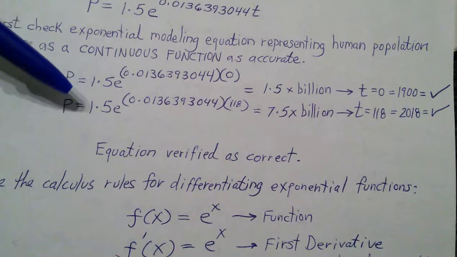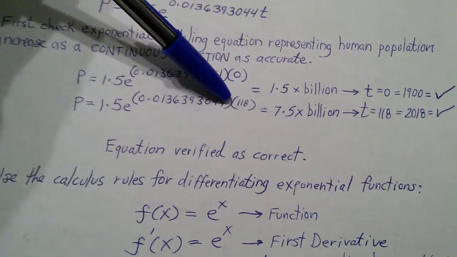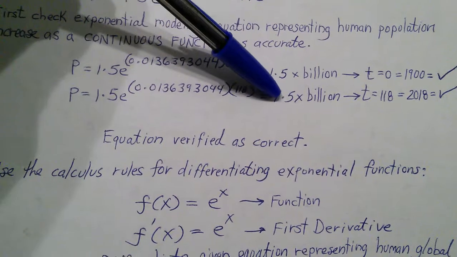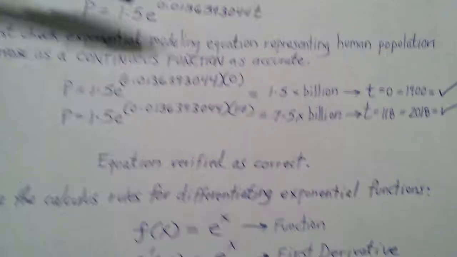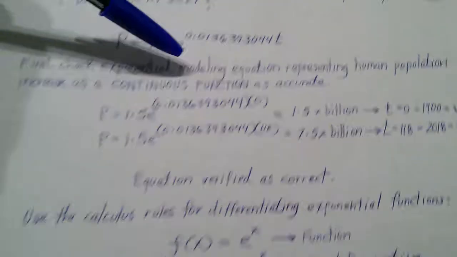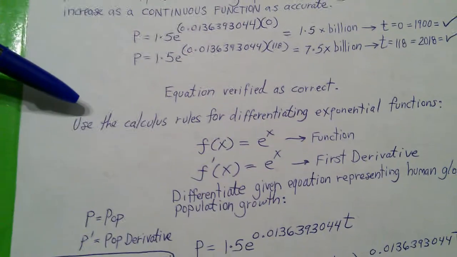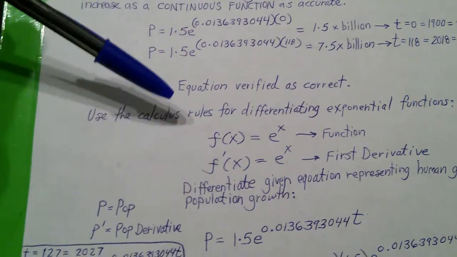And then we check the upper limit, 118, which is the year 2018. Also, we get 7.5 times 1 billion, and that's correct too. So this equation here is correct. Equation verified is correct. So now we can use the rules of calculus for